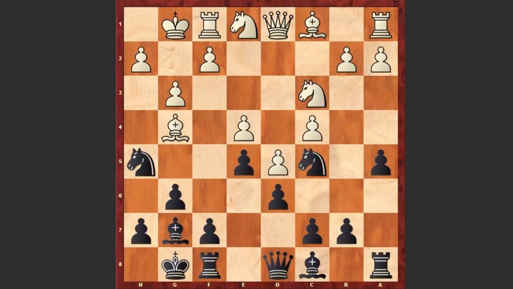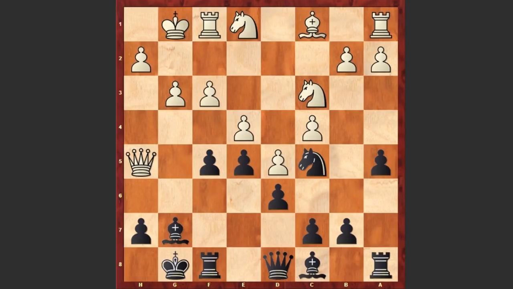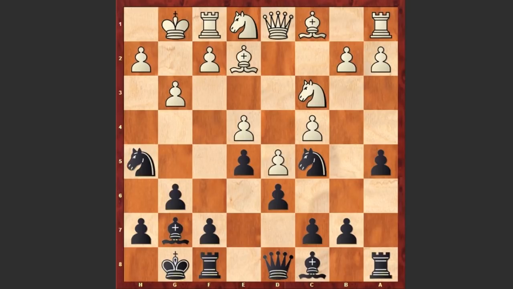Bishop g4, well, instead of playing bishop g4, actually bishop takes h5 is also playable. If g takes h5 then queen takes h5, if f5 then f3. Of course, black has some compensation for the sacrificed pawn, but this line was also playable. But in the game after knight c5 we see bishop g4, offering an exchange of light square bishops, but now